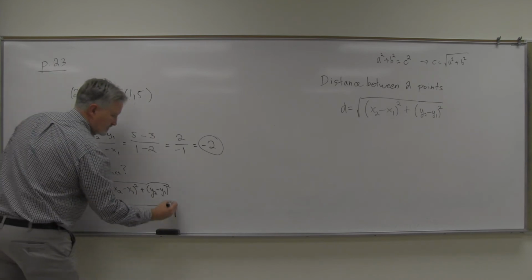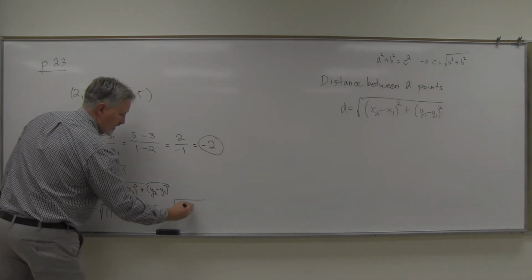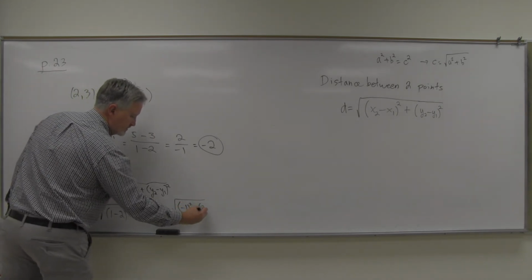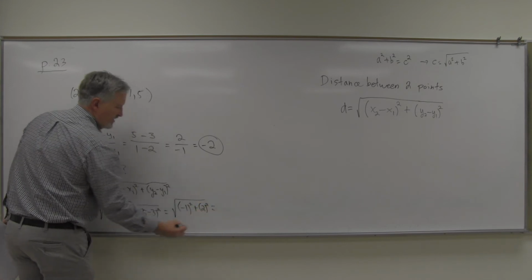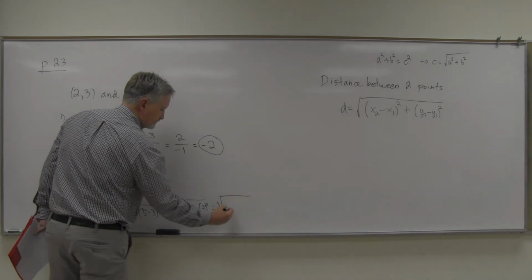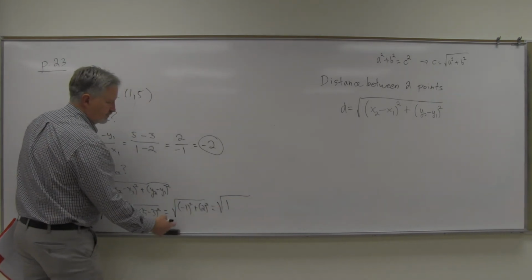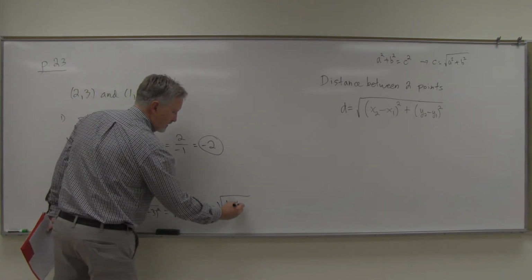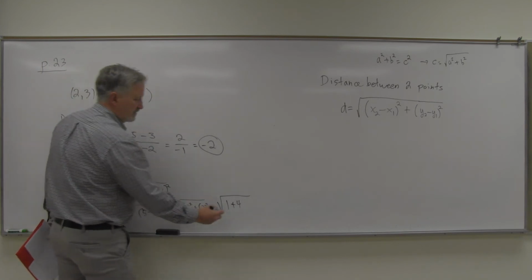All right, and so that gives me the square root of negative 1 squared plus 2 squared. And the deal on that is you've got to square those and add them together before you square root them. So negative 1 squared is 1, 2 squared is 4. So you've got to add those together before you square root them,